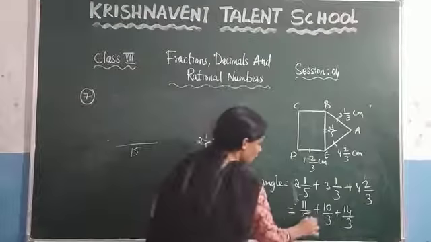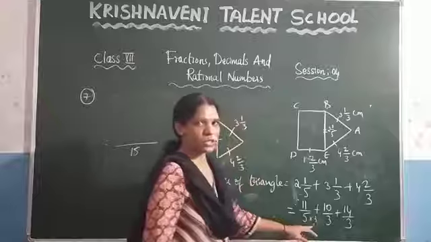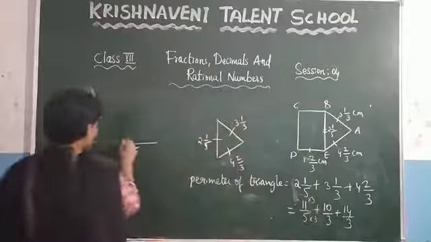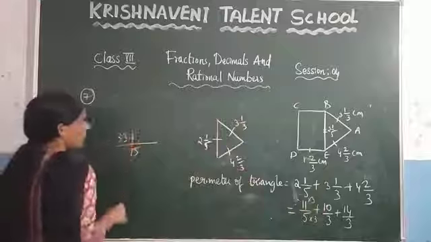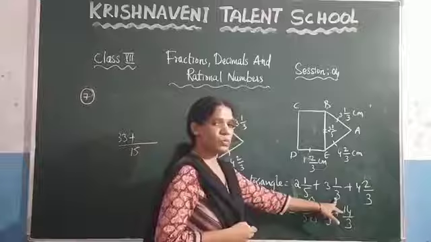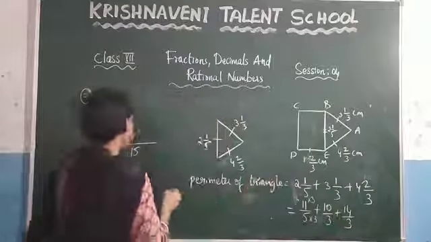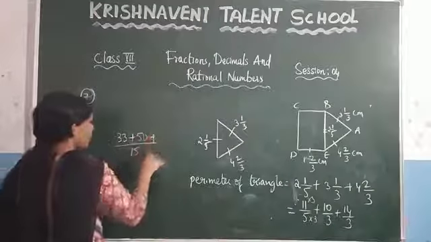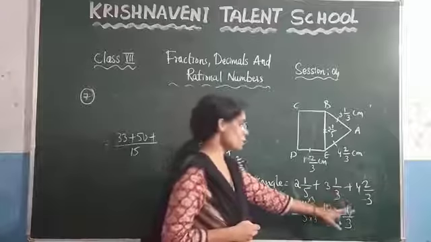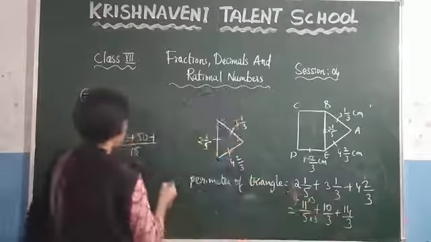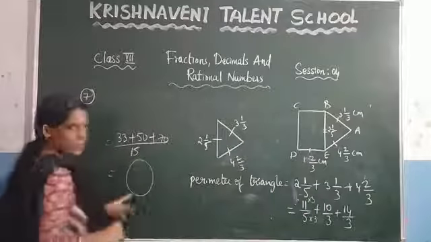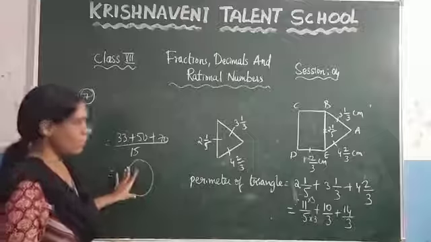Now just you need to check which number you need to multiply here. Which number you need to multiply? Here you need to multiply with 3 so that you will get 15. Here also you have to multiply with 3. What you will get in the numerator, which is 33, plus here which number you need to multiply? 5. So here also you have to multiply with 5. So what you will get? 10 into 5, which is 50, plus here also you have to multiply with 5. 14 into 5, how much you will get? 70, and write it here, and after calculation you will get one result here. You do it as a homework.